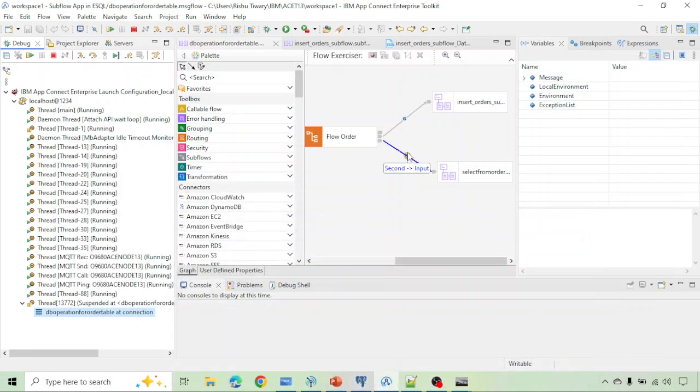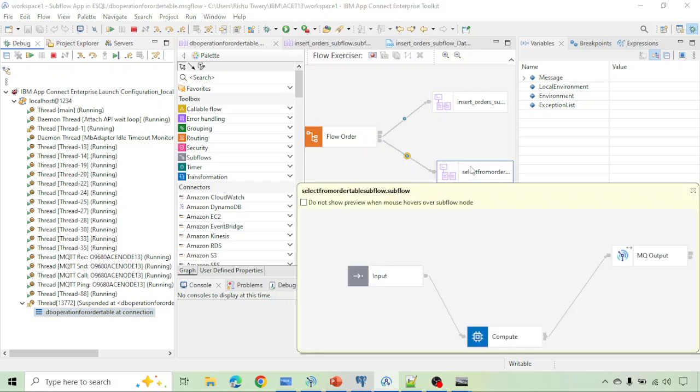Okay, so it again came to the second terminal of the flow order, and from here it will go inside the second subflow. In the second subflow, you can see we have the input terminal. Through the input terminal it will go to the compute node, and from here it will do the select operation, and further with the help of MQ output it will send a message to the output queue. Okay,